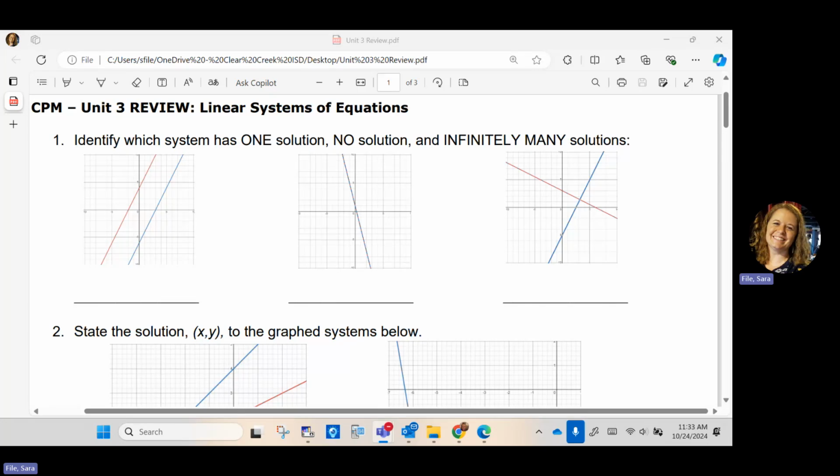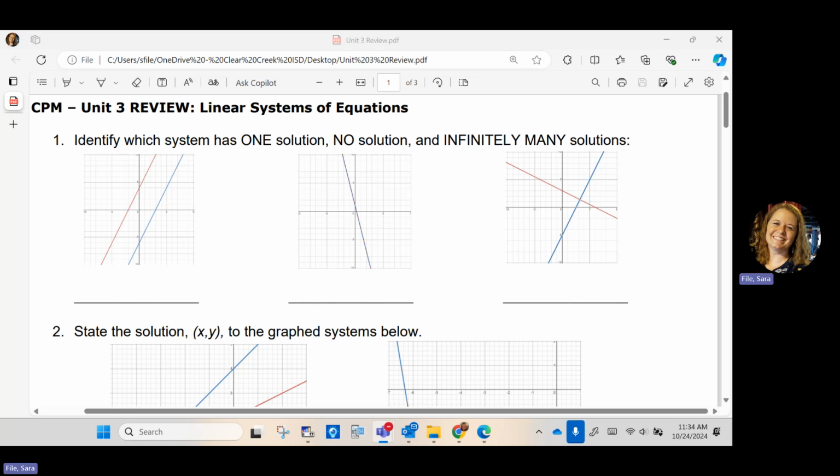Review, which is linear systems of equations. Okay, so the first page you'll notice has a lot of graphs. Okay, what we have to understand with linear systems is when we're finding a solution graphically, it's the point of intersection. Okay, so looking at these three graphs in number one,